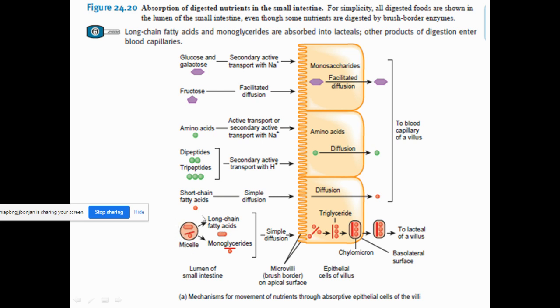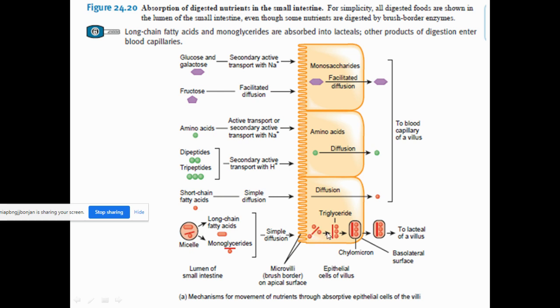The amphipathic nature of the bile salt will form a micelle around the fatty acid and the monoglyceride. I hope you can understand. The hydrophobic region combines with the fatty acids, and the hydrophilic region surrounds. Around 20 to 50 bile salts are involved in the formation of a single micelle. So they have become water soluble. They simply diffuse across the lumen and reach the absorptive cell at the apical surface. When they reach here, they will be split into individual monoglycerides and fatty acids.